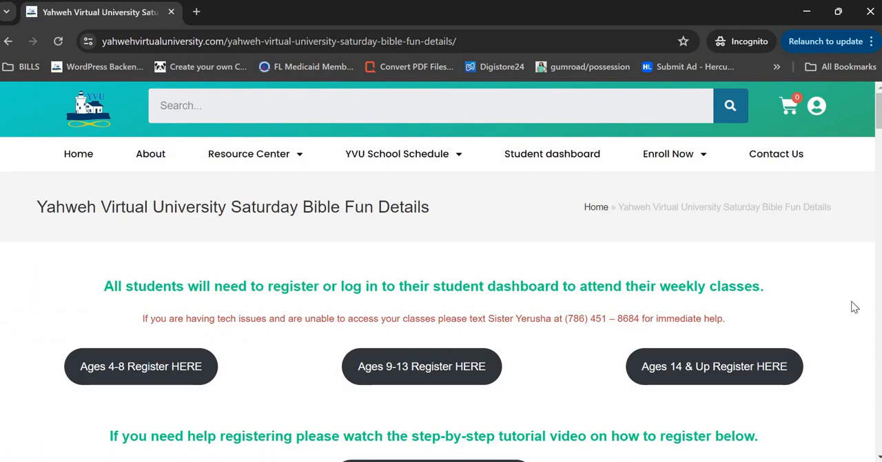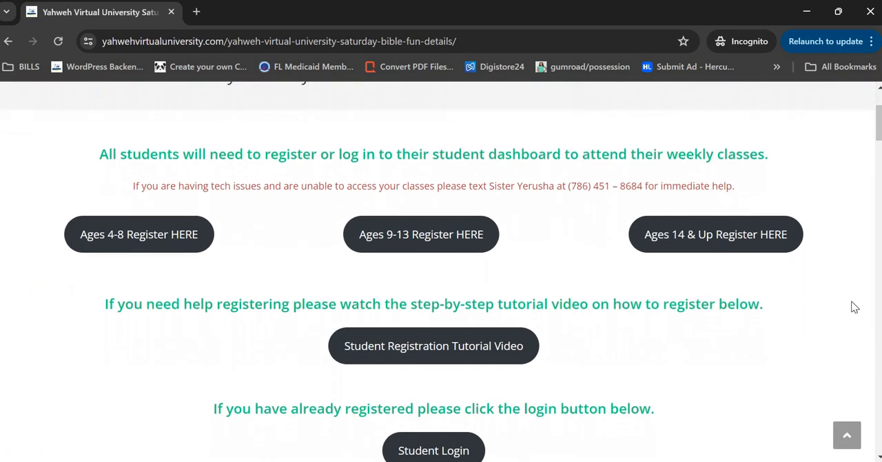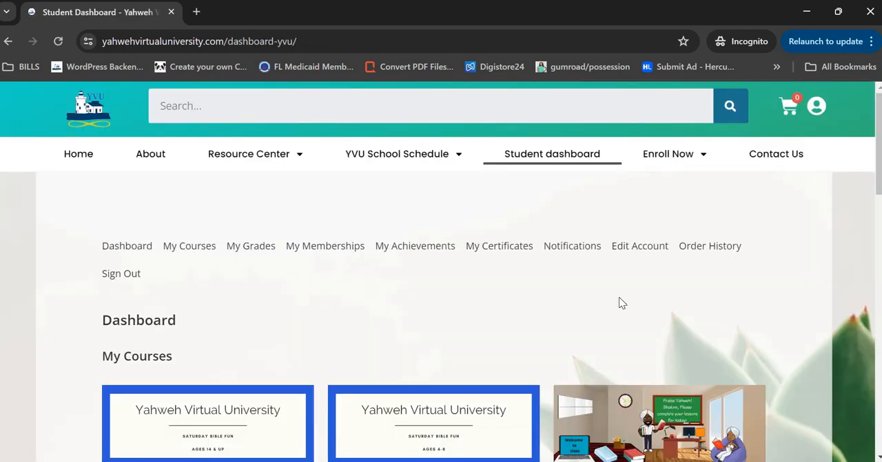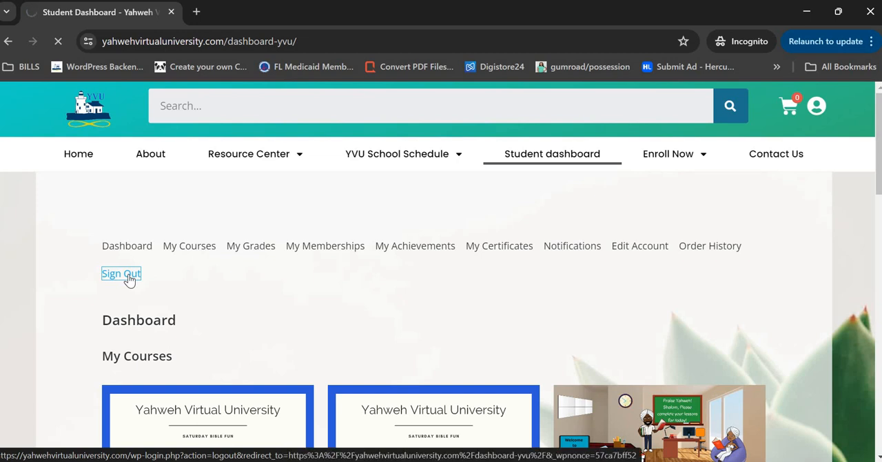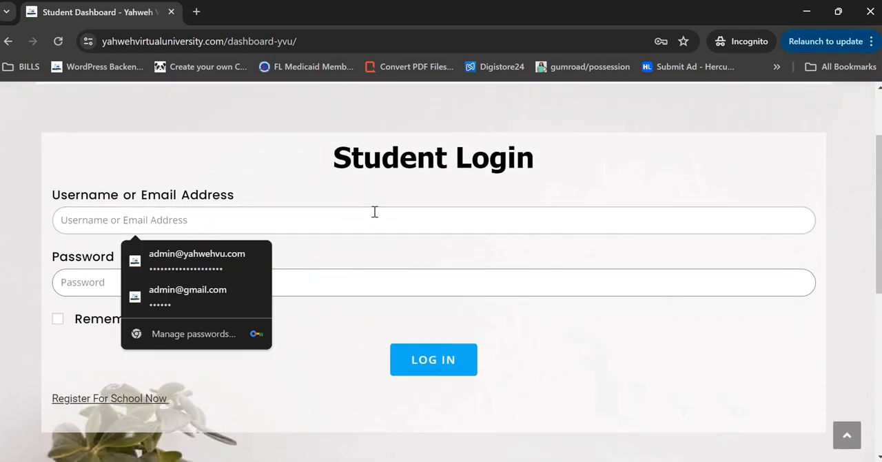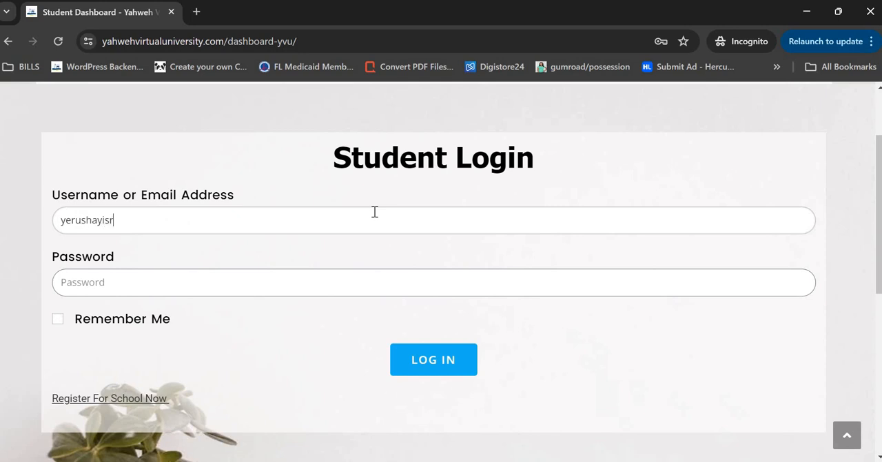Let's say I have already registered. I remember registering, but I do not remember my password. I'm going to go to Student Login. Oh, first I'm going to log out, family. Let's log out because I was still logged in. So I have logged out. I'm going to put in my email. Okay, and let's say I forgot my password. I do not remember what my password is, and I put in the wrong password. Okay? Now, if I click log in,